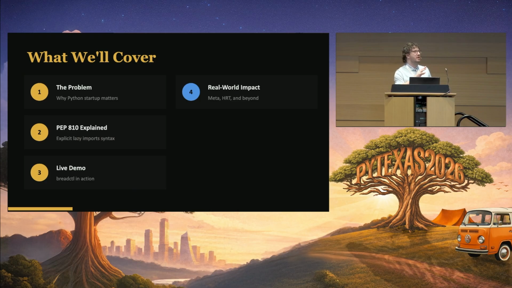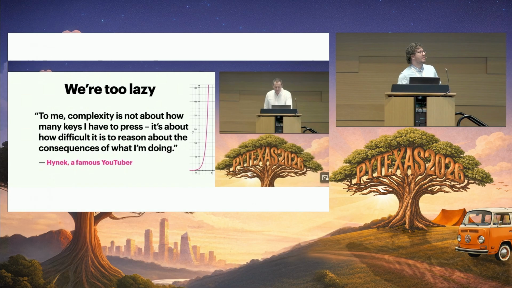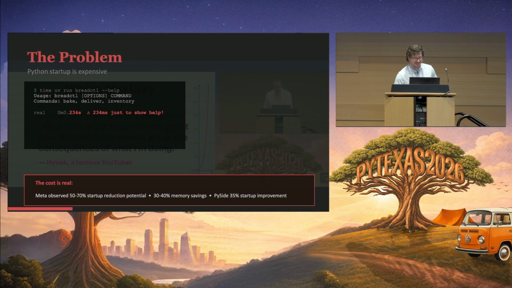A little bit of real-world impact, and you can see that in the PEP document about who has used lazy imports in a custom CPython implementation. And then use cases beyond CLI tools, because this talk is really just about CLI tools, and how to adopt it into your projects. One thing I would like to say is, oh, wait, hold on. No, we want to be lazy. So the problem